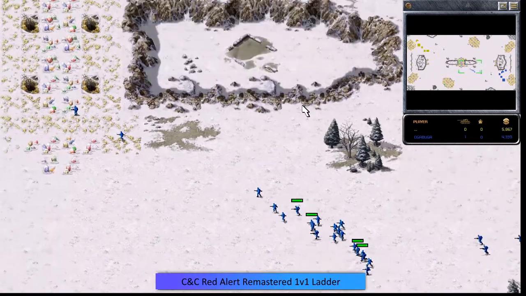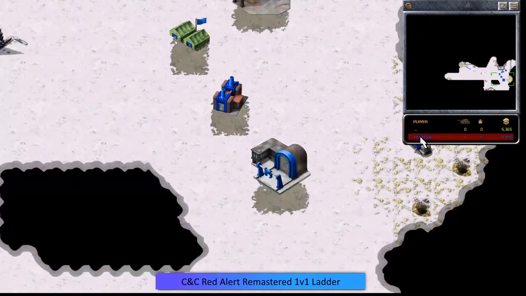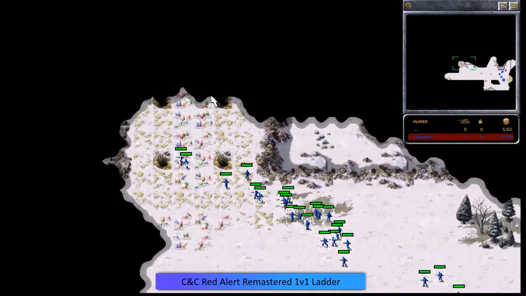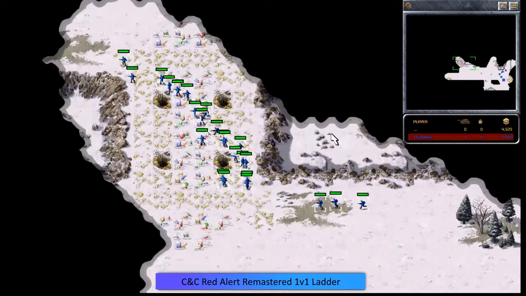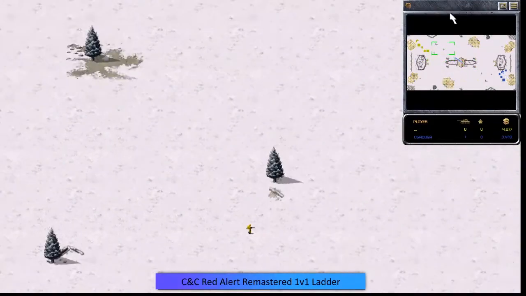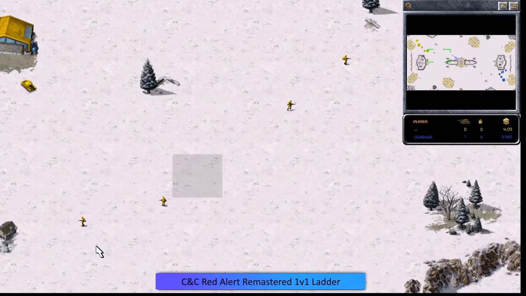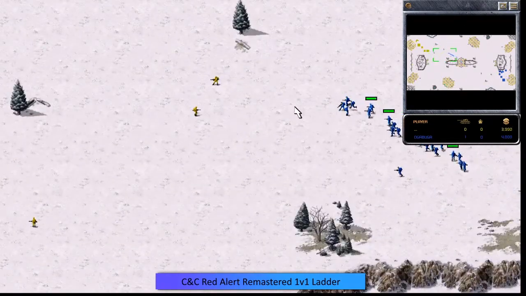Ogabuga pushing out with his initial units, looking like he's gonna take some vision here of the middle of the map just to see if his opponent is mining the gems here in the middle. It's probably some good information to have. Let's see, Ov currently with the infantry wall that we often see on larger maps, trying to prevent the scout,